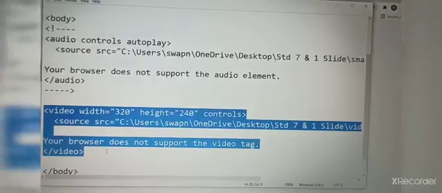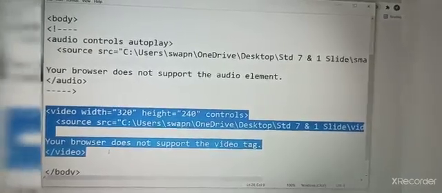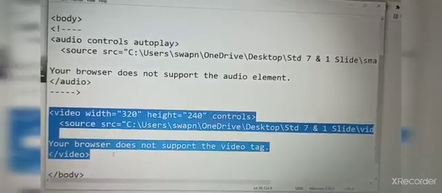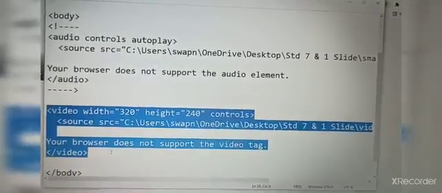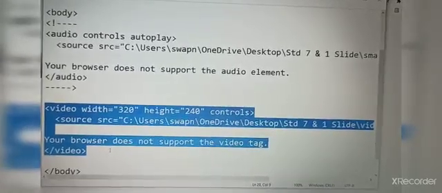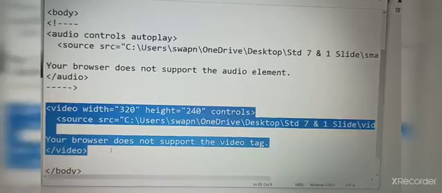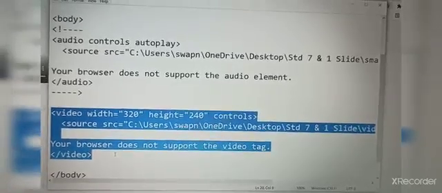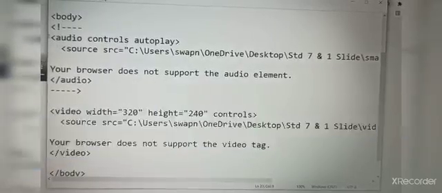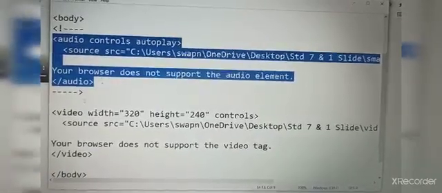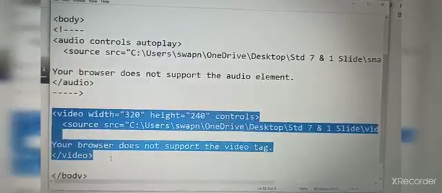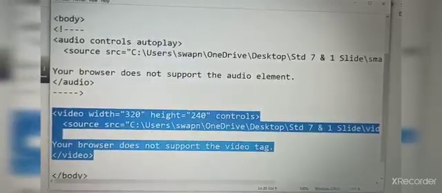Got it now? We have already learned about audio, now we will see video. For the video tag I have given the width and height of the video. Then again the source, where my video is saved, I have given that path, and closed the video tag. So first we saw the audio, and now we are going to see how the video works. This is the path of the video on my computer.